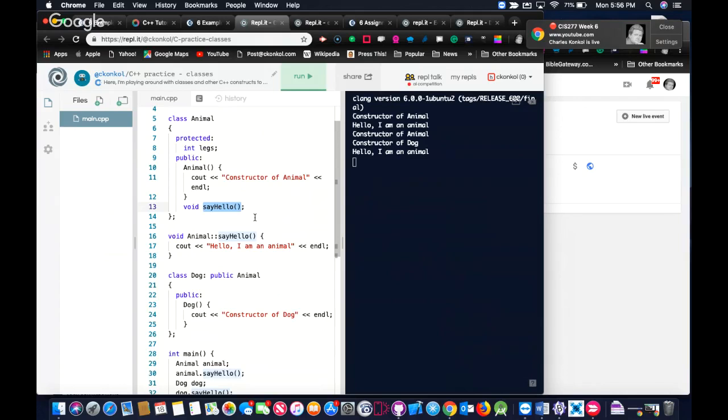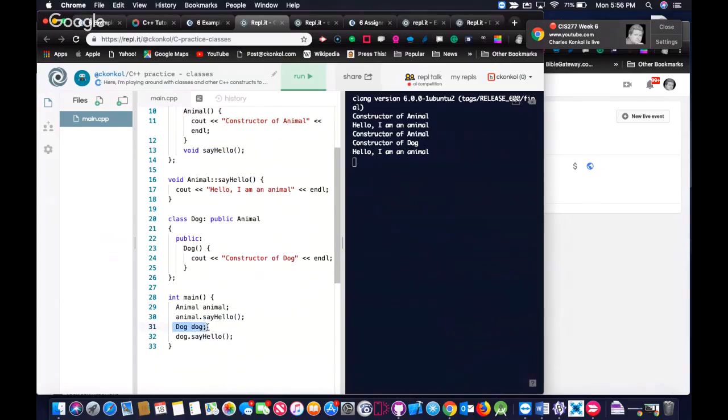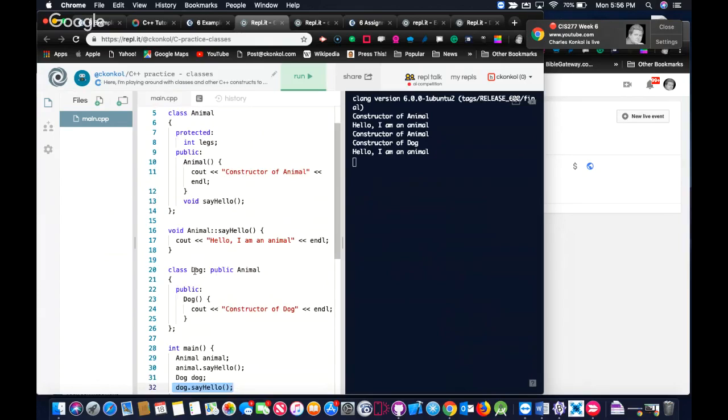A constructor of an animal, and then constructor of a dog is going to be next. Also, after constructor of dog is called, it's going to go to the hello one for dog, which is actually going to be declared here, because say hello is now part of dog because of this public animal. So if we were to put something different in here just to show you, like constructor of dog 2,